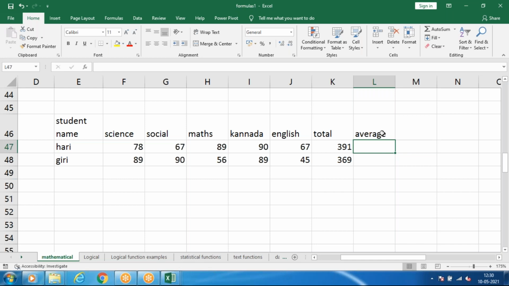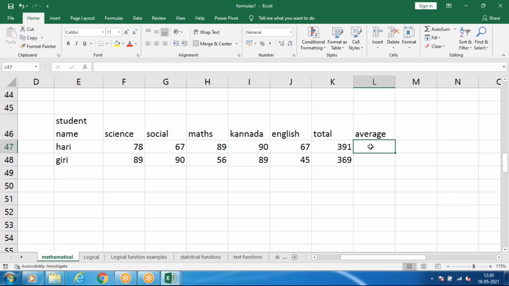Anyone? How to find average without formula? Total divided by the number of subjects.